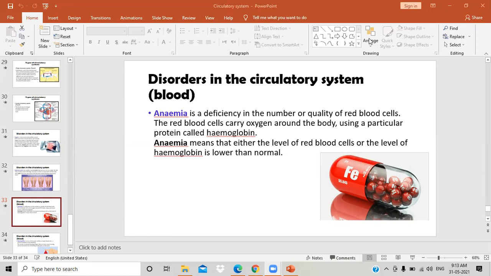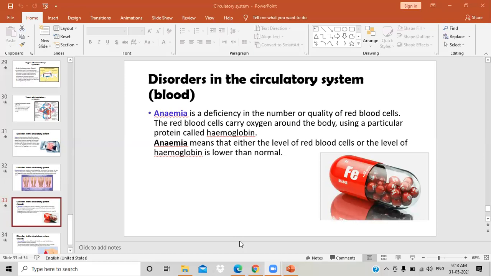Another type of anemia is the decrease of the iron level in the body. Iron is one of the most important nutrients that your body needs in order to make red blood cells. It gets into the production of your red blood cells. So if you don't have enough iron in your blood, your body will not be able to produce enough red blood cells. So in general, anemia has different types.